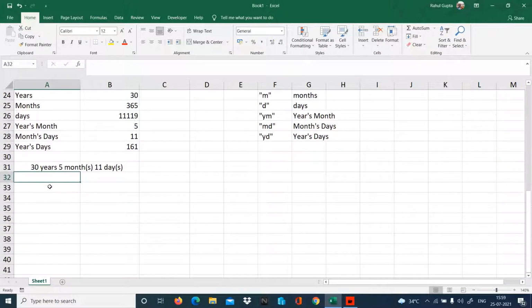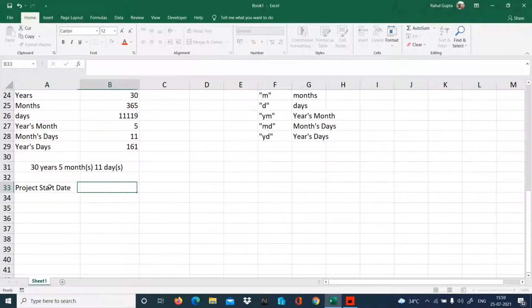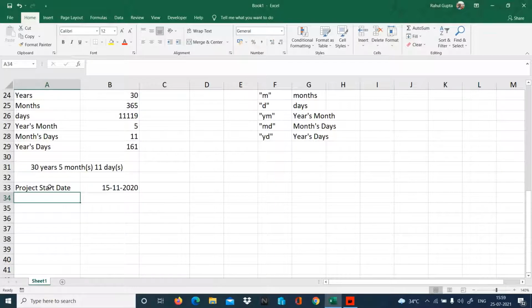Now let's move on. We have a project start date. We have assigned a project to an individual, and I said that this project we are assigning you on 15th of November 2020, and the number of days which are assigned to complete this project are 90.